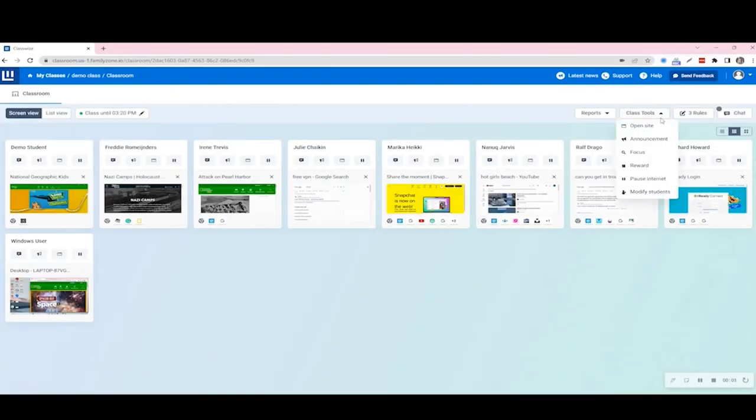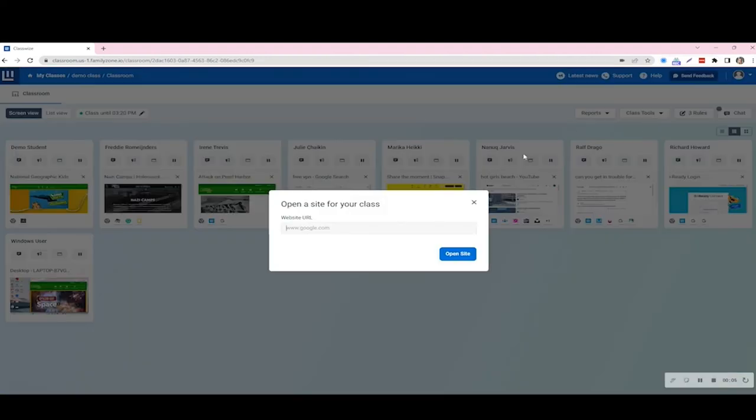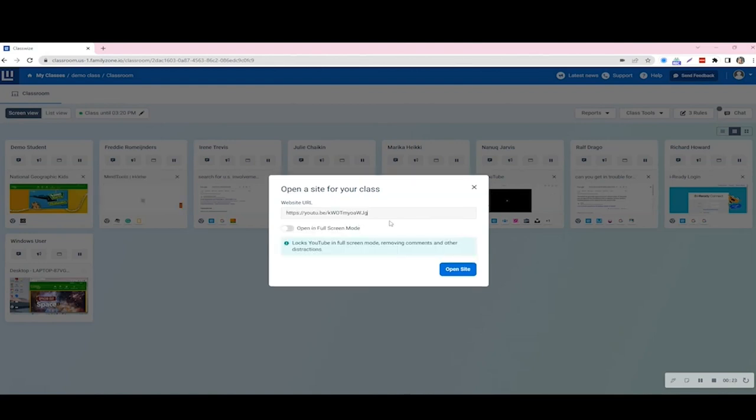Open Site under ClassTools allows you to push a site to the entire class. This can be an efficient way to get the whole class to the same spot at the same time. Our Open Site feature has an amazing YouTube option for you to share specific YouTube videos while eliminating the comments and distractions that YouTube videos typically bring, as well as giving us a safe way to share those YouTube videos